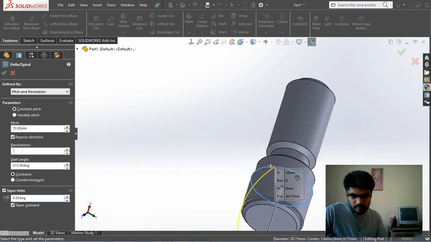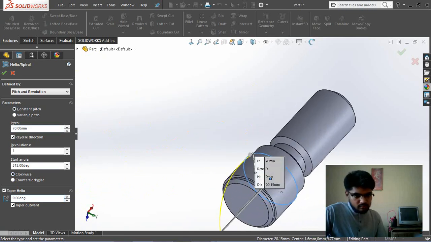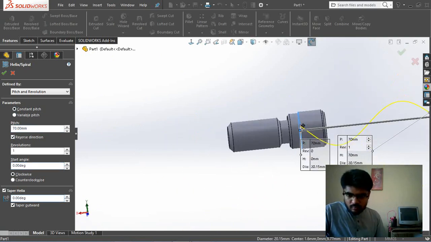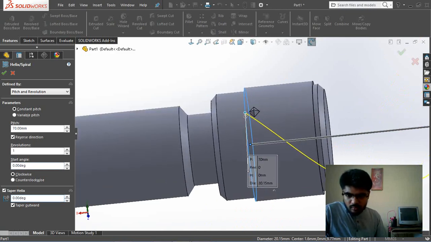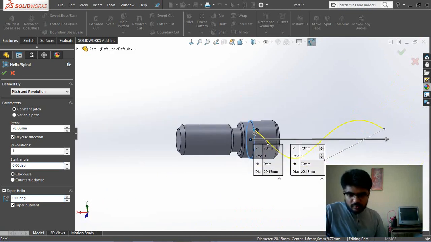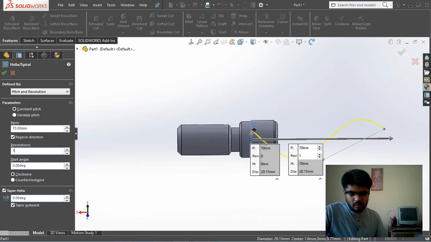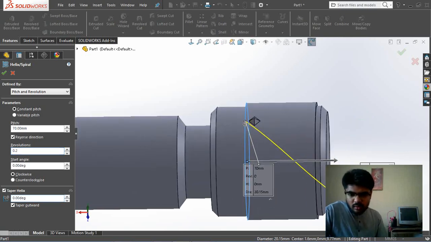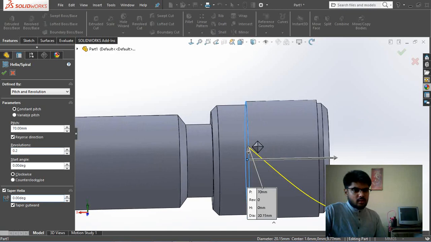Okay, and start angle should be 0. Okay, so it is going to look something like this. You can minimize the revolution also, maybe 0.2 will be enough, I think. Yeah, it is. And okay,